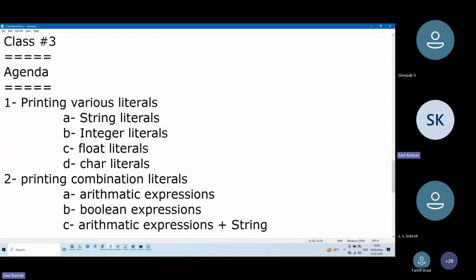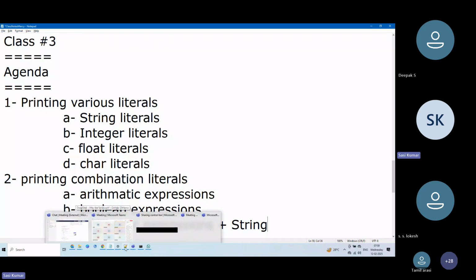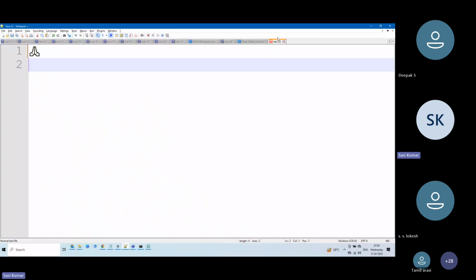Do not get carried away or scared because of the many things we are learning today. These are side headings, and everything is self-explanatory. I'll be doing all these things slowly. We will be writing more code today in our class to make you more comfortable than what we felt yesterday. So I will straight away jump into